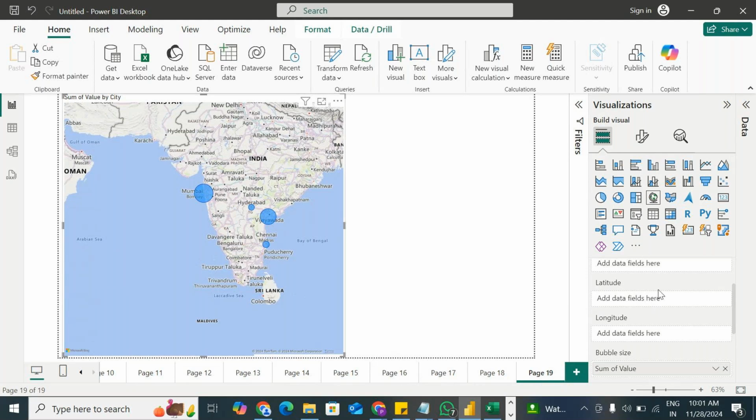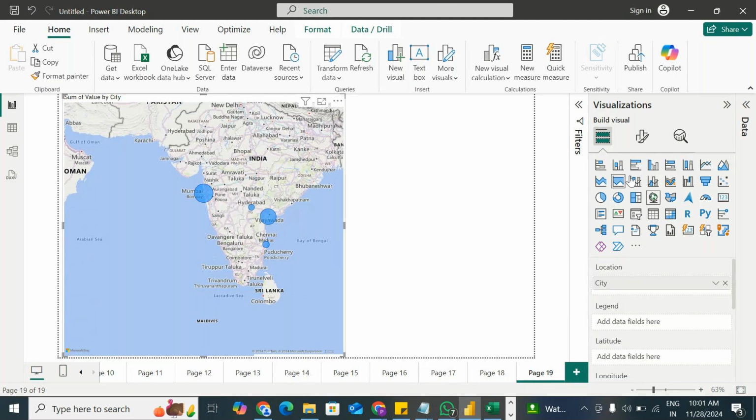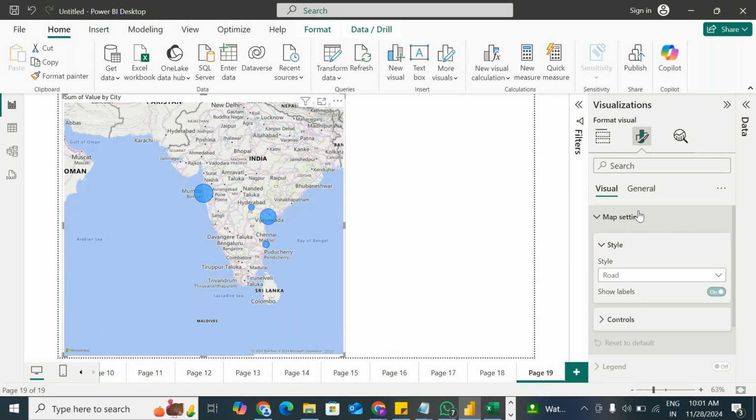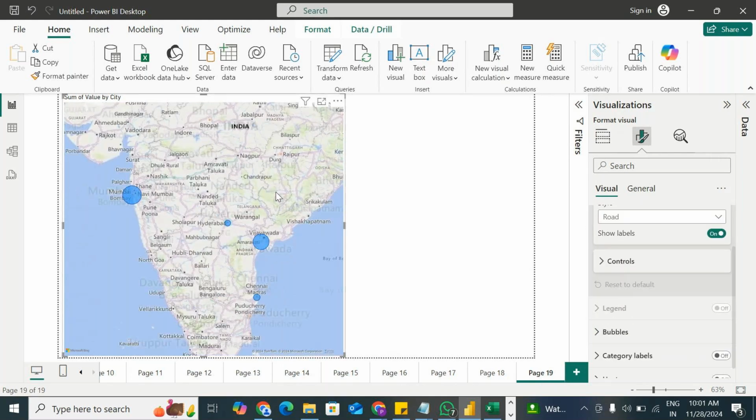And a tooltip. You can add a tooltip which is going to display whenever you mouse over. So these are the inputs that you can provide. Similarly, the format options that we have include the map settings. We have different types of map templates. So this is a road map,